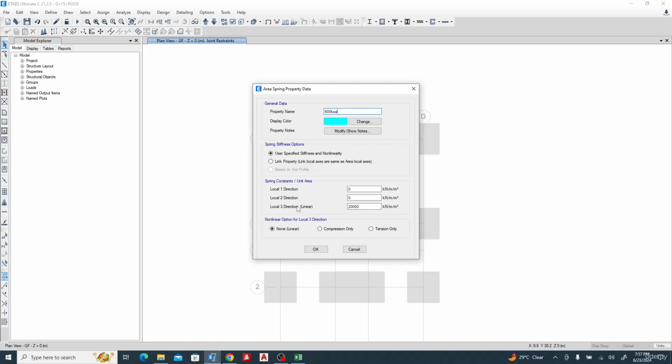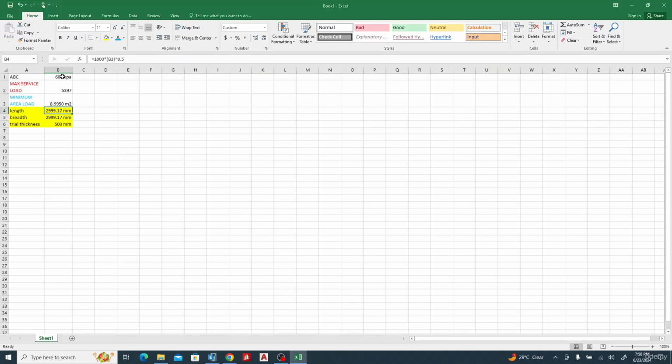Now we need to get this direction. But first of all we need to be in compression because it's going to compress the soil. We don't think it's pushing the soil up, so compression. So let's put it as compression, and let's get our value of the spring constant or unit area. So the unit is what? Kilonewton per millimeter raised to power 3. That is the stiffness. So the way we can get it is to get our allowable bearing capacity times the